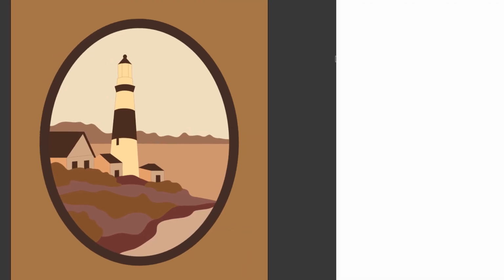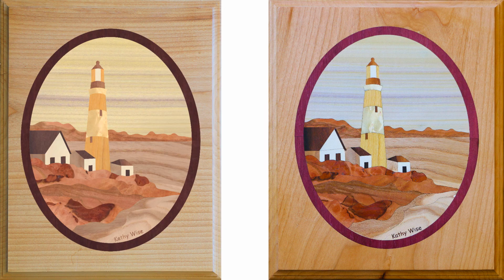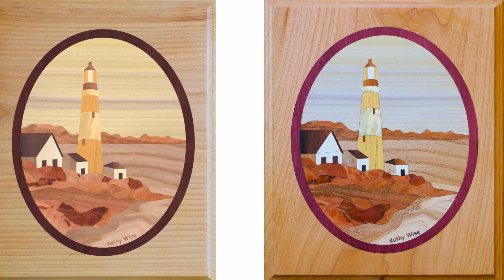In summary, I took a vector artwork, rounded the sharp corners, applied the scanned images to the design to come up with a simulation on the left, and created the final artwork on the right. ImagePaint did a great job of aligning the wood grains and figures to match the simulation.